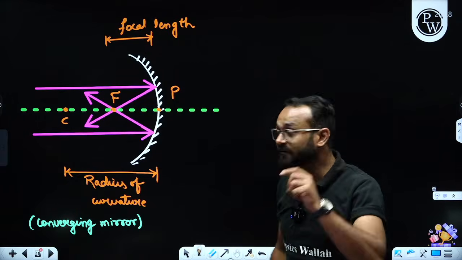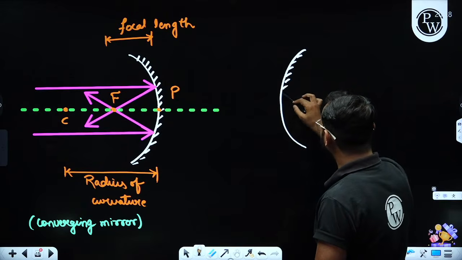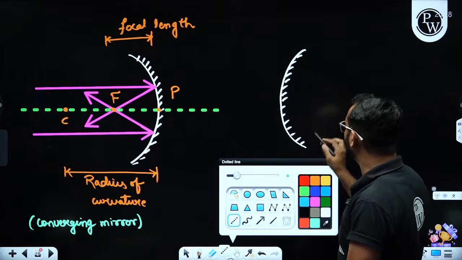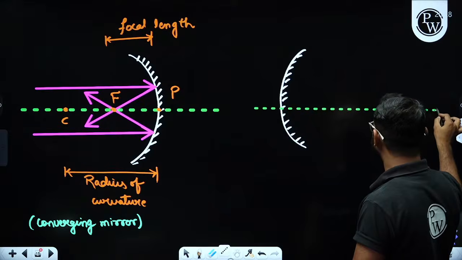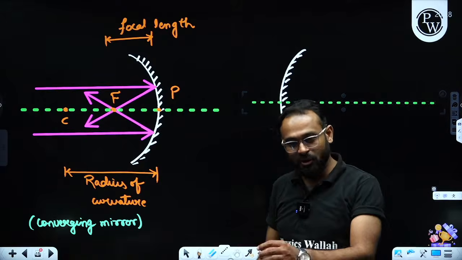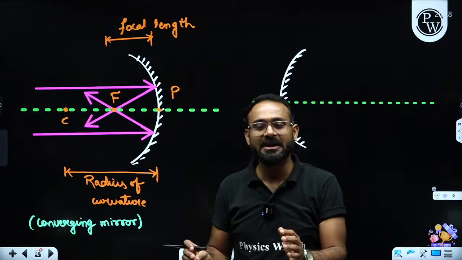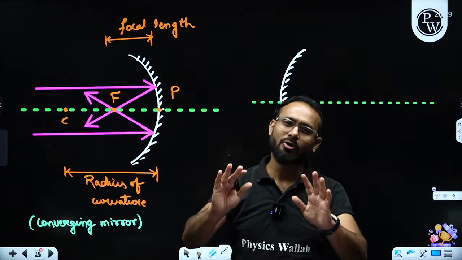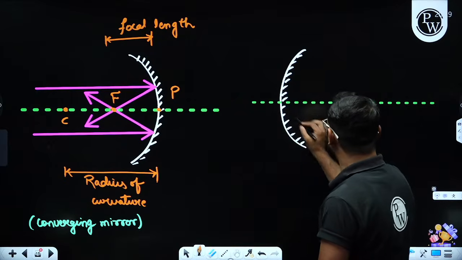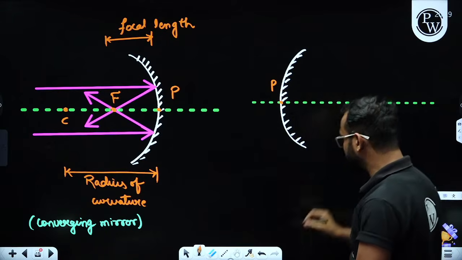Sir, what is going to happen if we have a convex mirror? This is how it will appear. This is a convex mirror. The caved side is polished, and you can draw the principal axis of any length. There is no problem, but it should not go out of the copy. It should be of considerable length so that it is easy to draw the diagrams. So what are the points that I need to mention? There will be a pole, the center of the mirror, and a center of curvature.